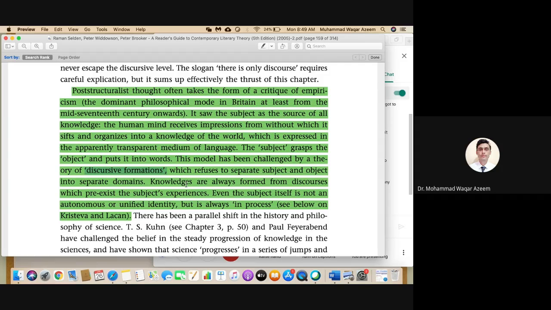Well, what is that pre-existing discursive formation that we just verified? Well, the pre-existing discursive formation that you verified is this, that the physical objects